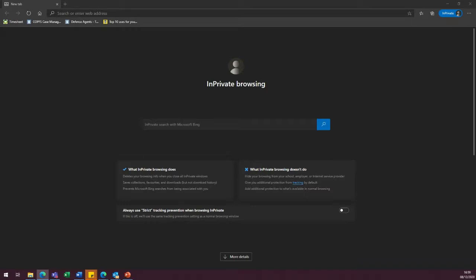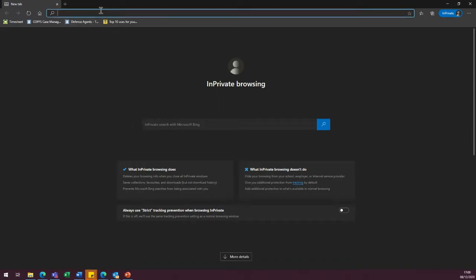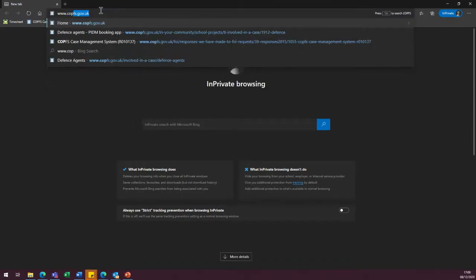Now, the first stage would be to go over to your Microsoft Edge browser and to right-click on the browser icon. Once you've right-clicked on the browser icon, there will be an option for a new in-private window. If you could click this, a screen like this should show for in-private browsing. Then, if I can get you to enter in the COPFS government website,